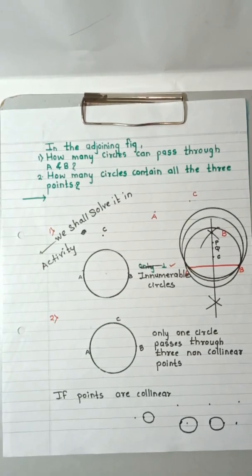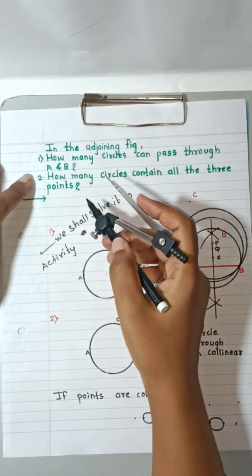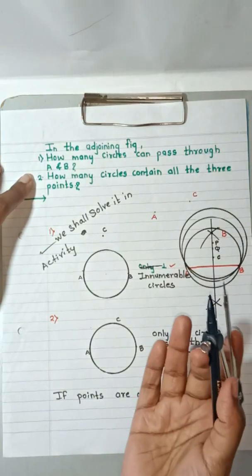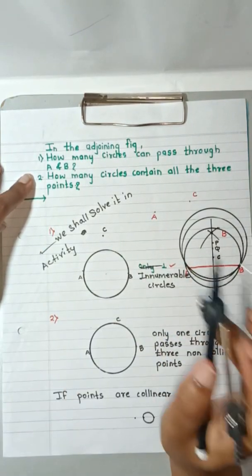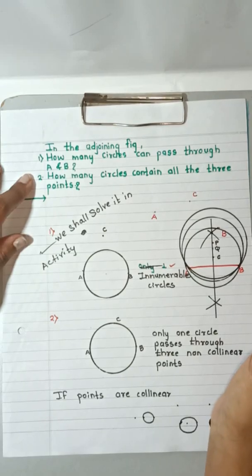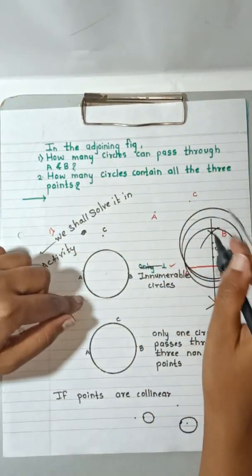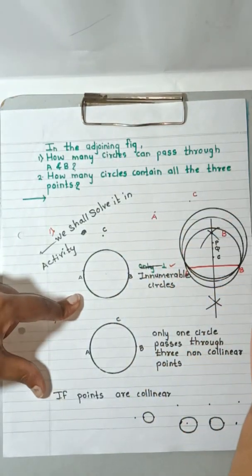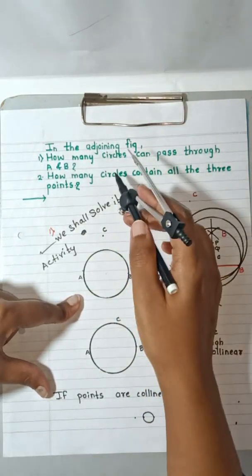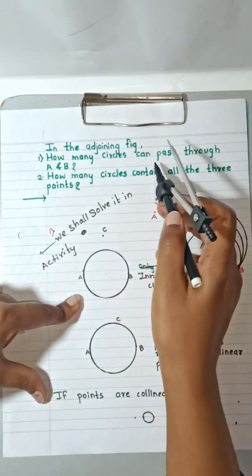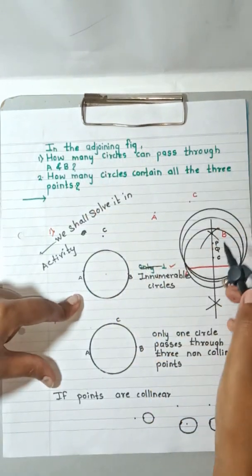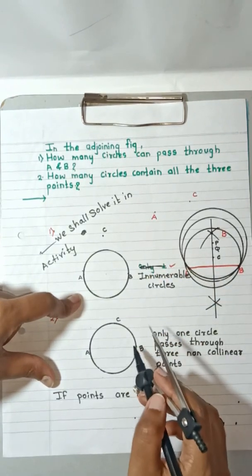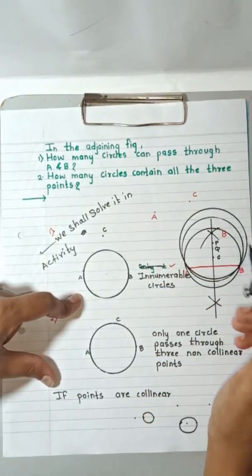Children, here we have solved question number 2. In the extra information I have given you that if the points are collinear, no circle passes through these collinear points. The first one I have solved over here, but we are going to study it in detail in the next session, where they have given an activity based on this. By mistake I have written only one here.